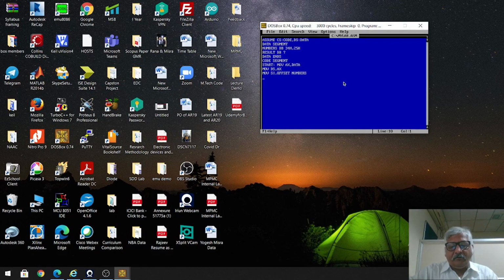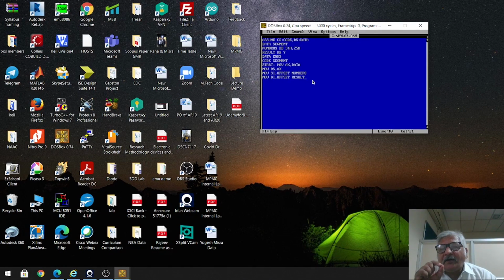Then what I will do, MOV DI, OFFSET result. After the addition, whatever result will be generated, that is again an 8-bit number, and that 8-bit number I have to load in memory.